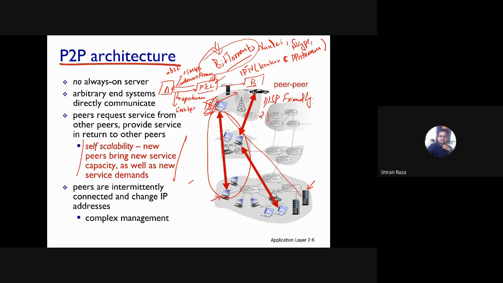Right. The second requirement from the peer-to-peer application is security. Because the peer-to-peer applications are highly distributed, and they're obviously open in nature, it's more challenging to secure a peer-to-peer application. So the data is coming from many different peers.